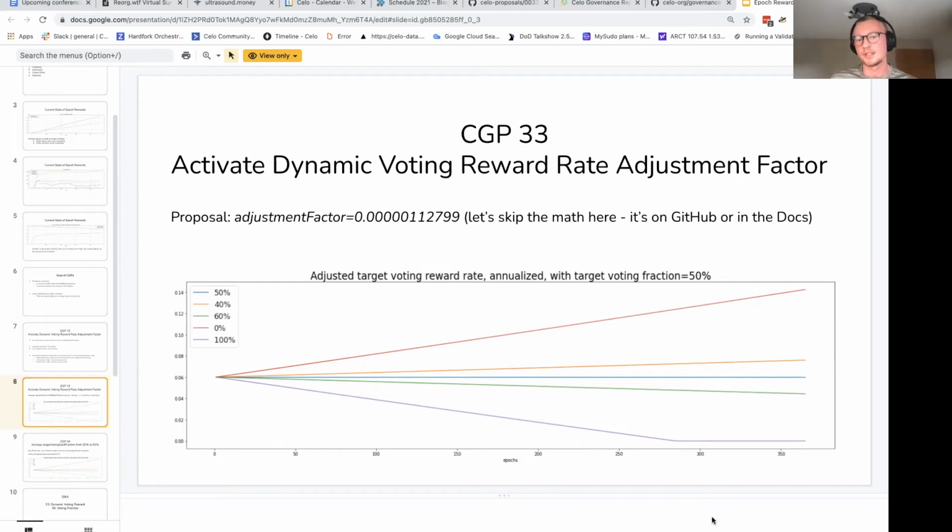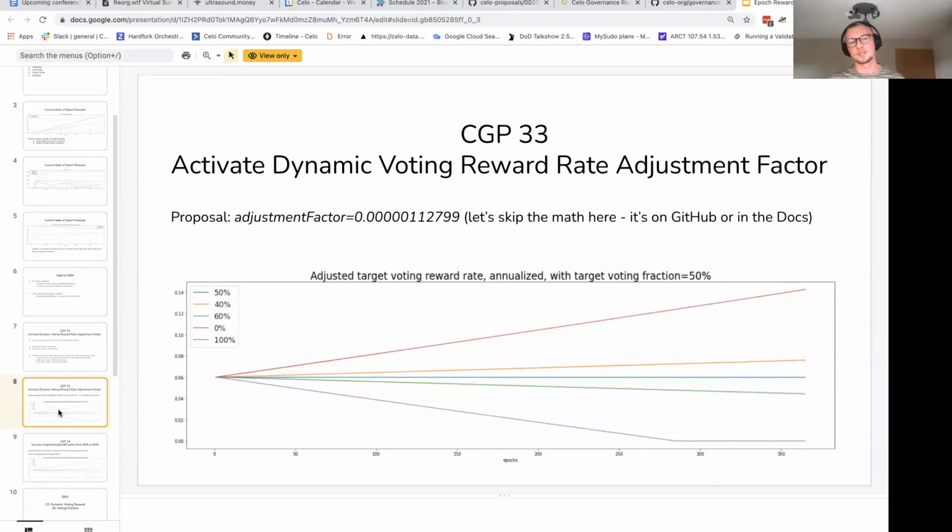The different lines represent the development of the reward rate dependent on a fixed or constant voting fraction. You can see in the legend the lines have fixed voting fractions: 50%, 40%, 60%, and the two extreme cases, 0 and 100%.